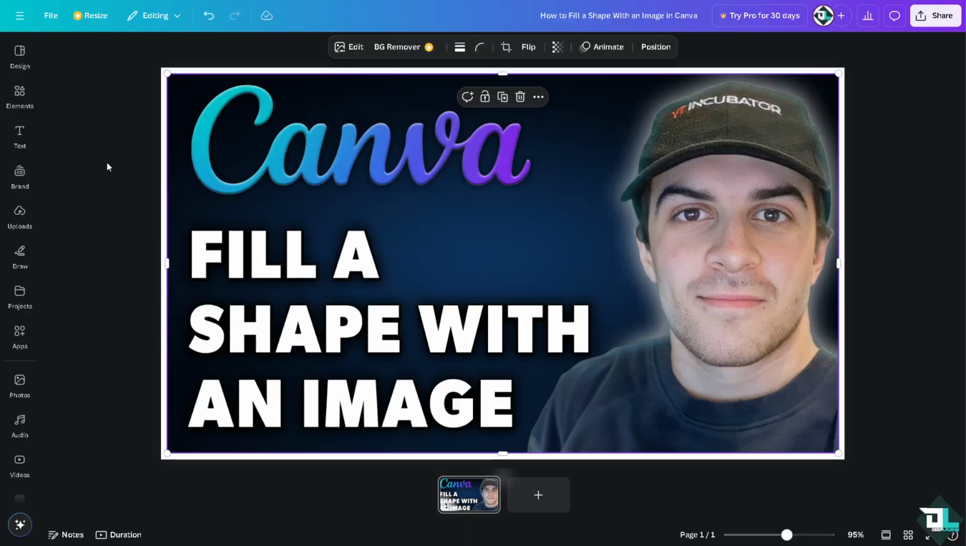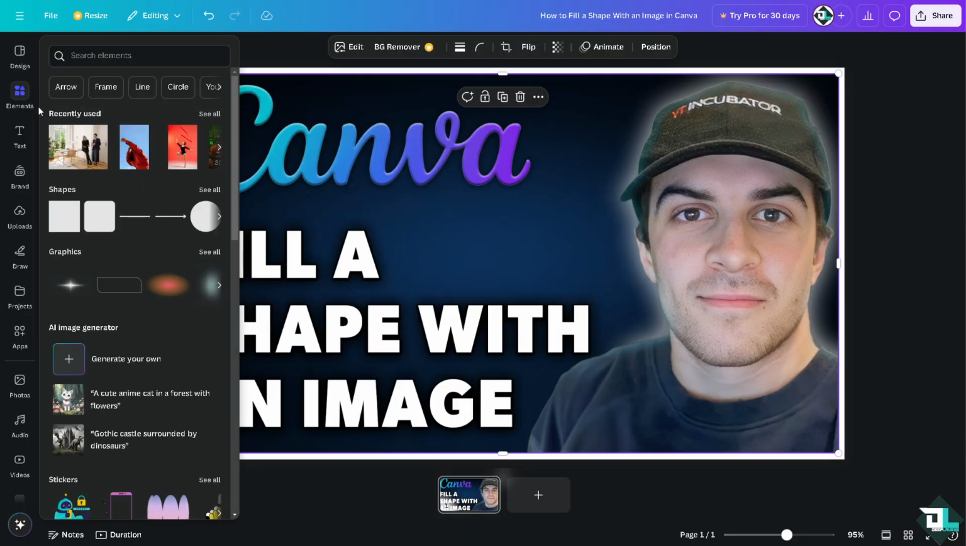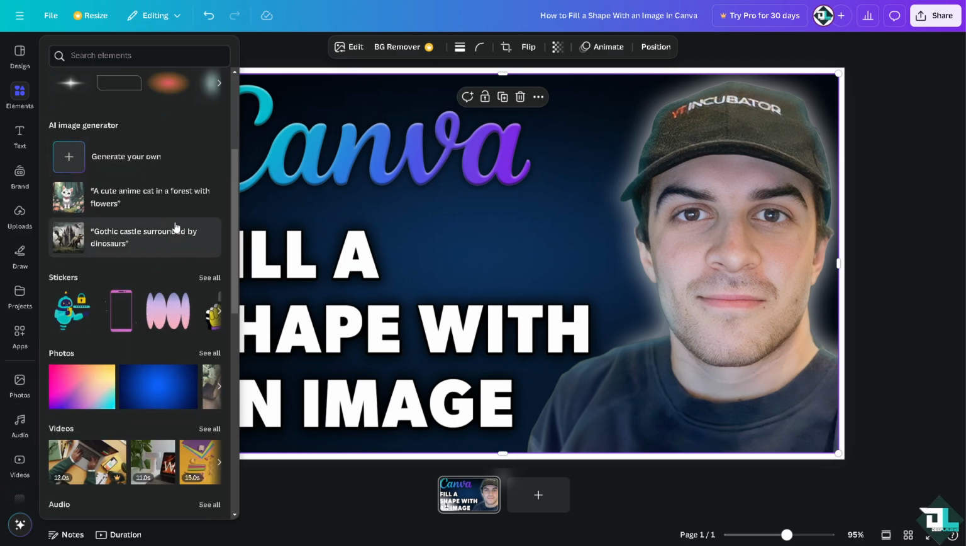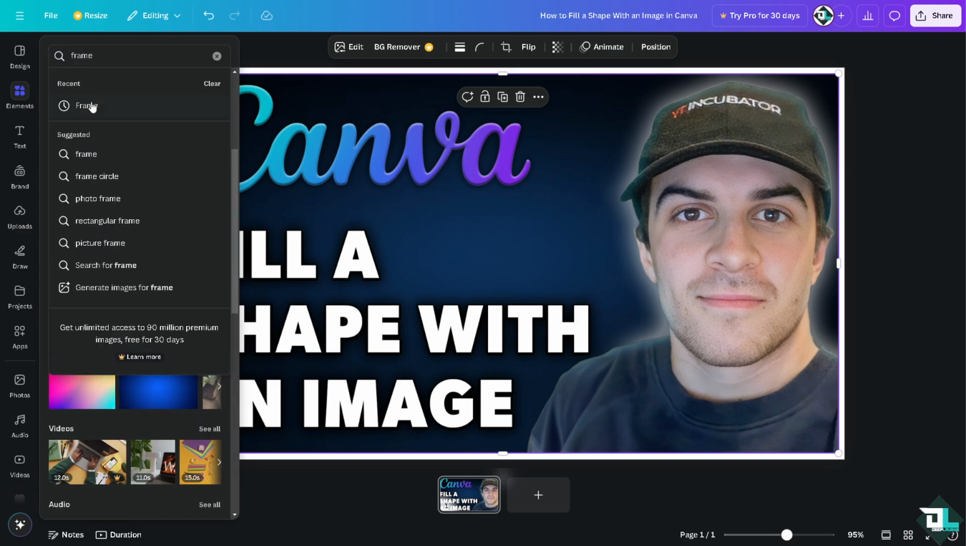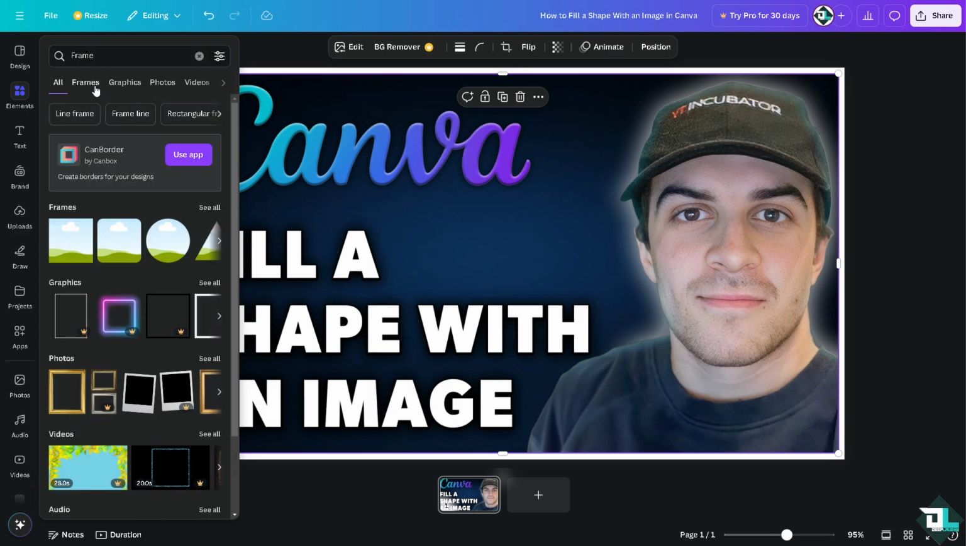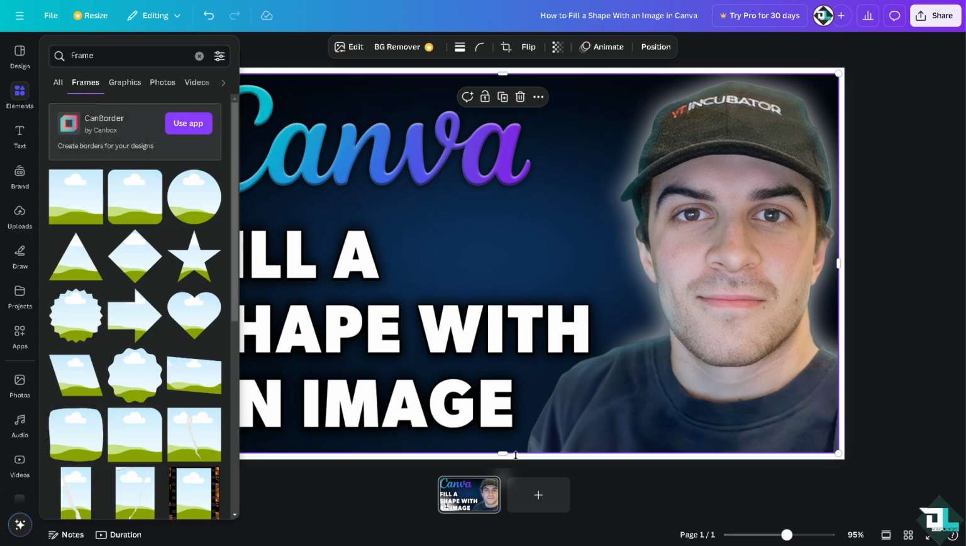Now, on the left side bar, click on the elements section. You see that? Scroll down or type in frames if you can't find the frames here. Search for the elements if you can't find them. You see that? Click on frames, and what will happen is,